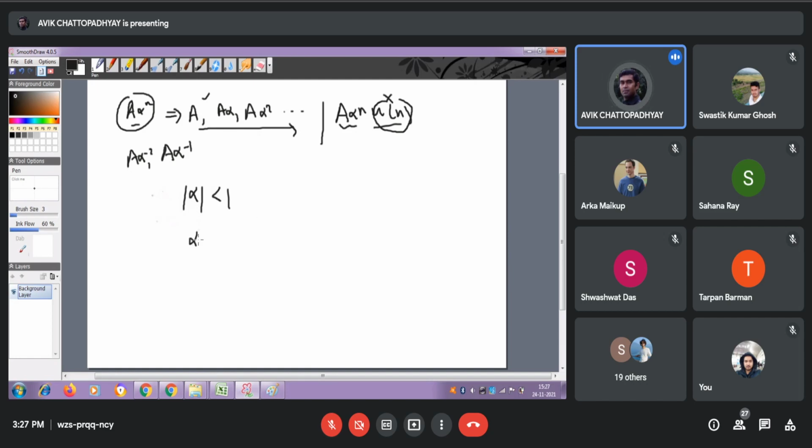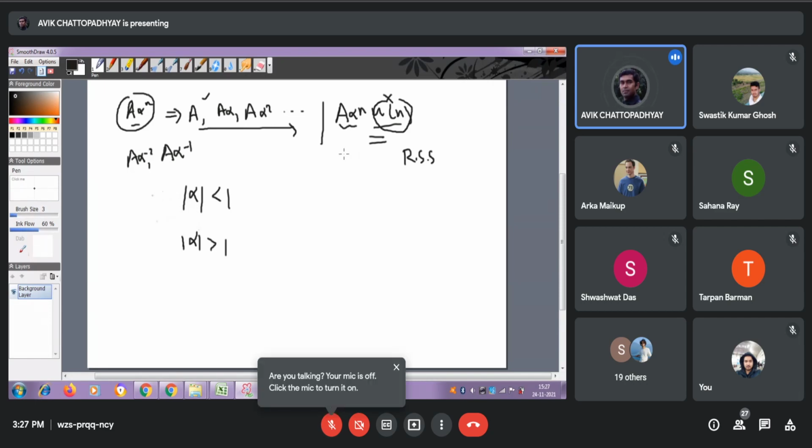If mod alpha is greater than 1, then this right-sided signal, in short, people use RSS, and the left-sided LSS. So this RSS is not bounded. And basically, as you can understand, it increases indefinitely to infinity. Now,